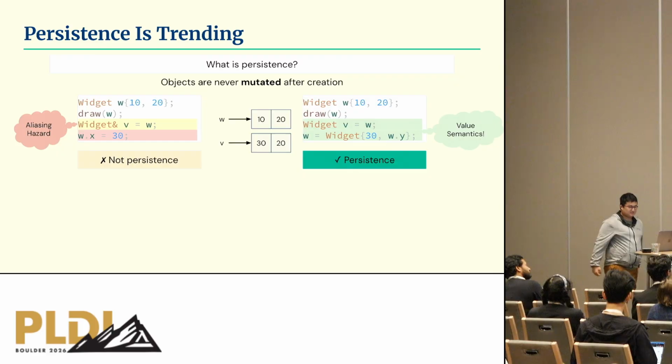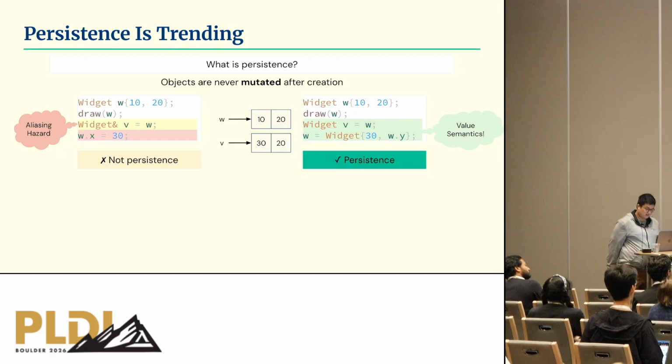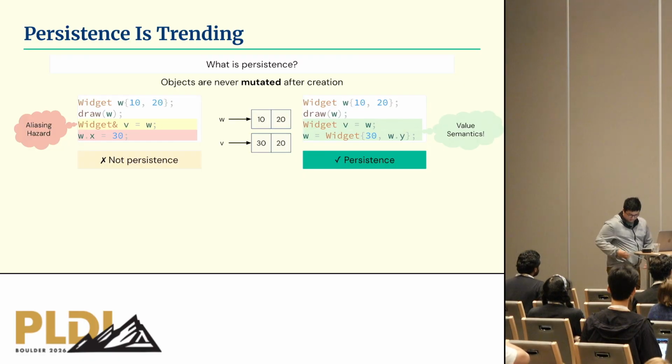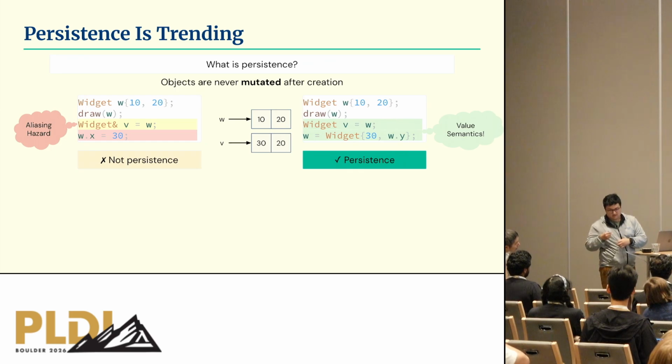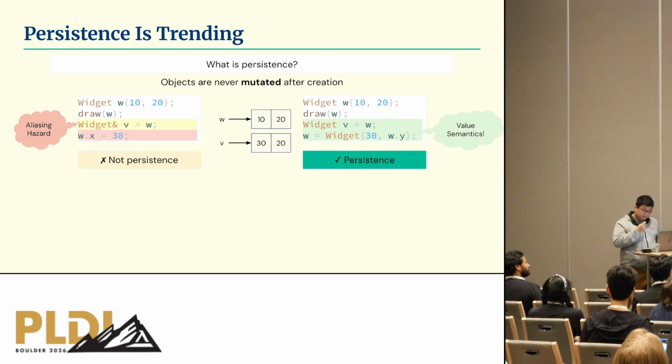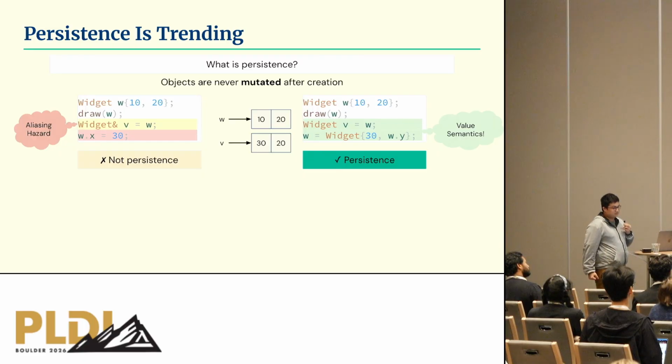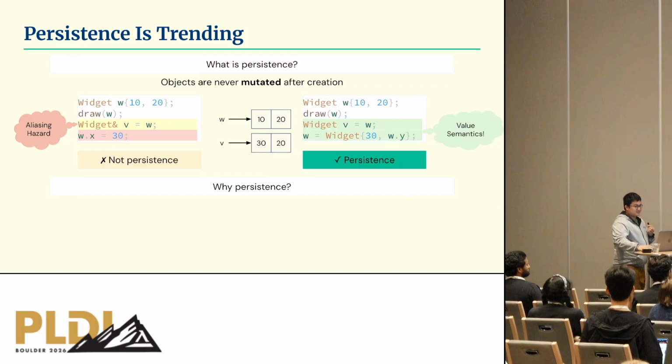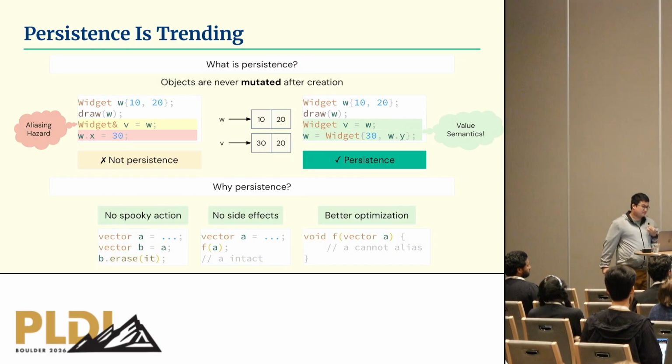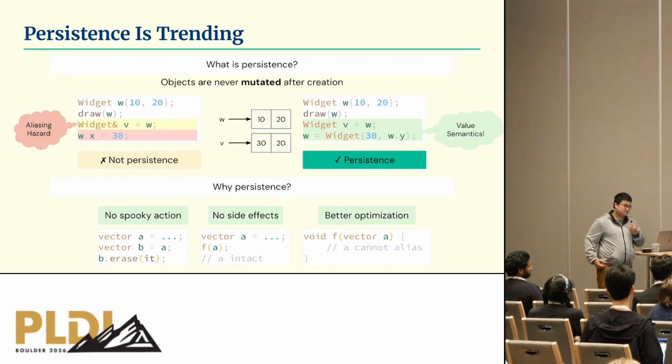Instead of this, let's imagine a persistent world where we are not allowed to mutate an object after its creation. In this world, we can only rebind the widget to another value instead of modifying it in place, and rebinding it will not affect V at all. There are some other advantages of persistence, such as avoiding spooky remote in-place modification. There are no side effects possible when we call a function, and it also allows for better optimization because there